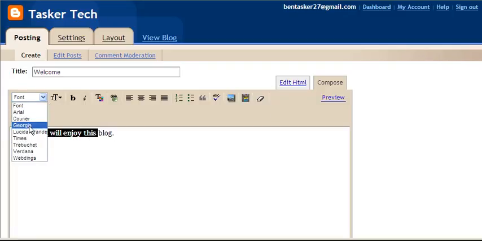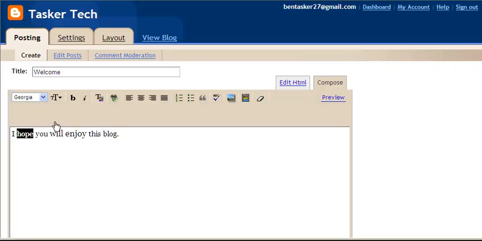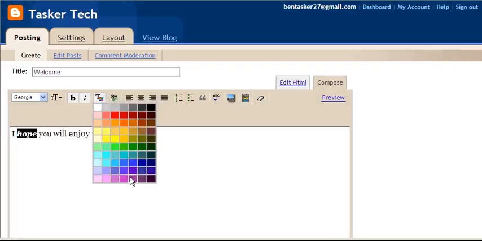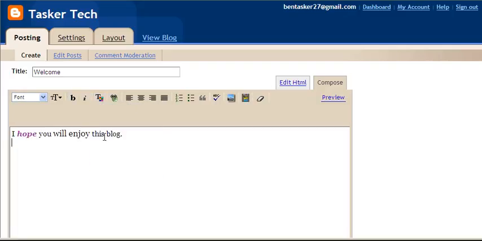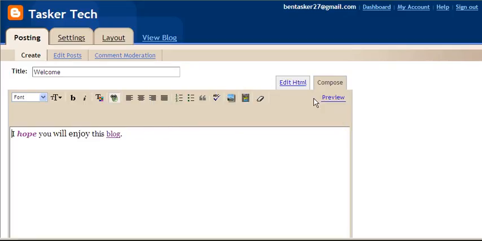Just like in Word, I can highlight and change the font. I can make the text bigger or smaller. I can put it in bold, italics, even change the color of the font. I can highlight a word and create a hyperlink. I can